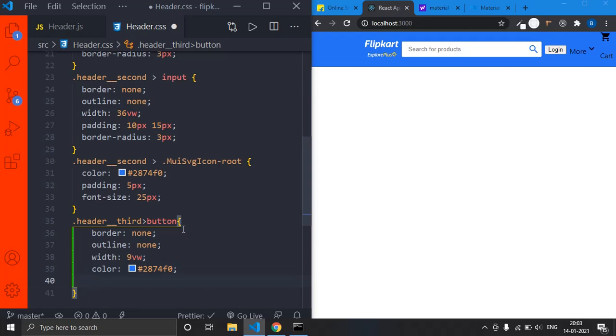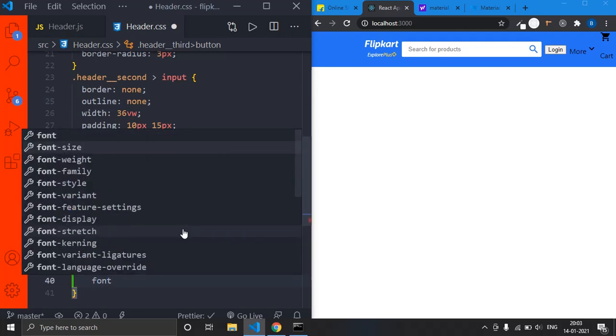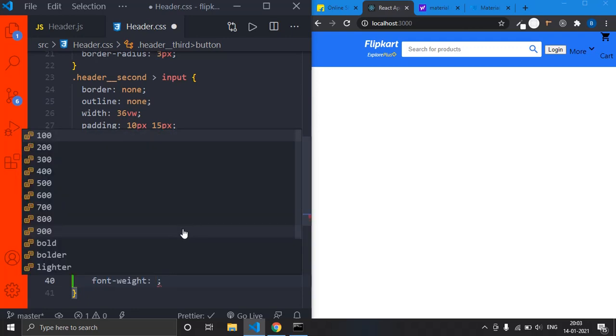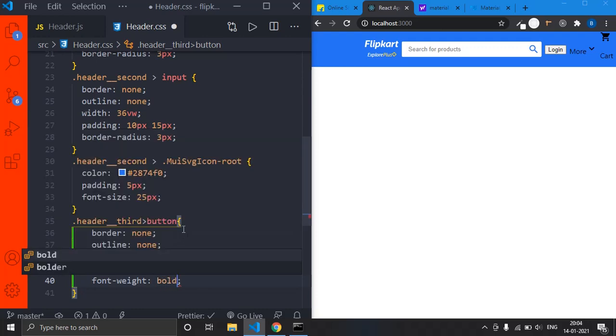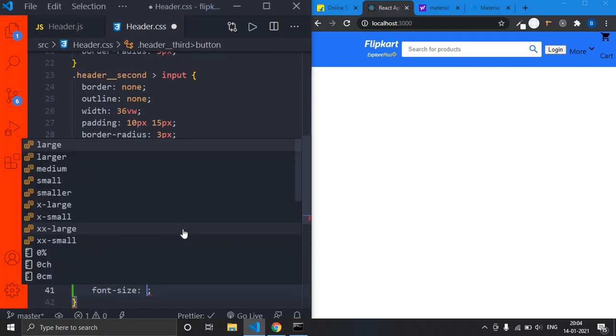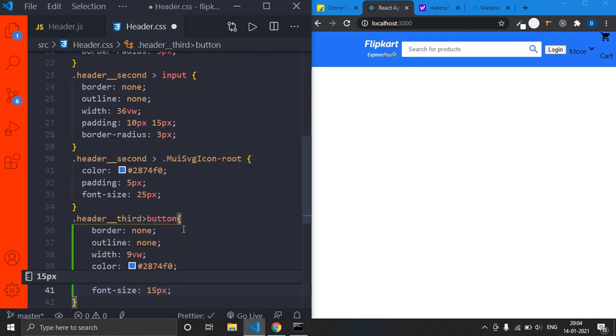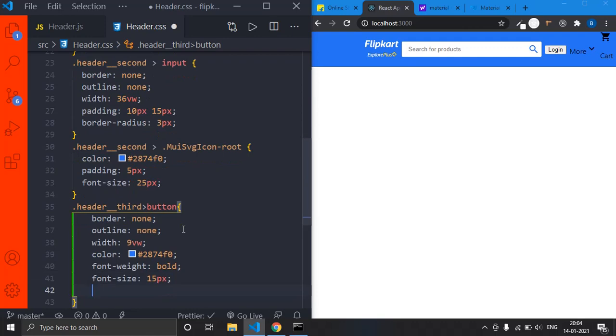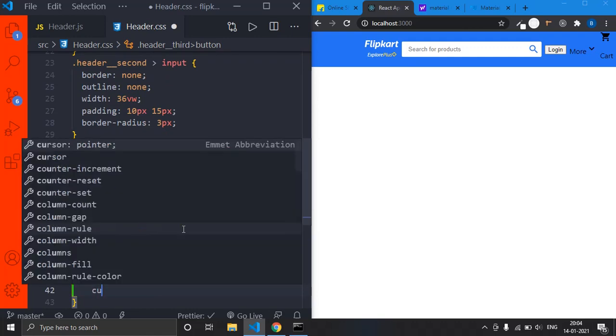So this is the Flipkart blue. And the font weight is also bold, right? So it is looking somewhat bold, and the font size I want to give is 15 pixel, so that is most suiting with the Flipkart. And the cursor pointer, right?